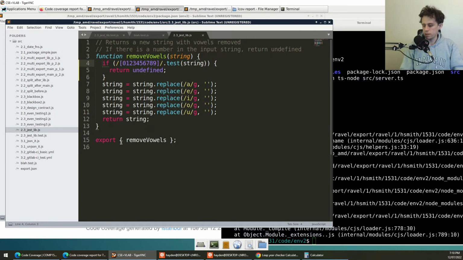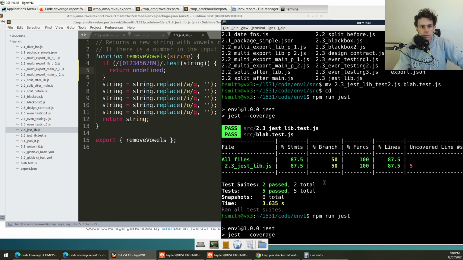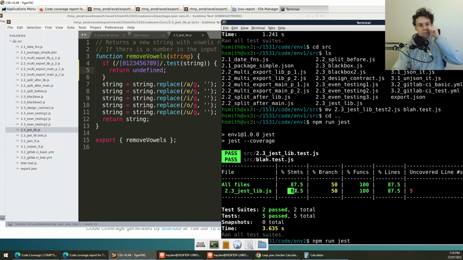And what you often find is that branches are often where things go wrong. What we mean by that is that if this line of code is passed through, the rest of the lines of code tend to be passed through. So when you look at a function like this that doesn't ever make it into the if statement, and you say something like, oh, it's 80% correct, and we saw this up here when you look at some of the older results, 87.5% correct, that's a little bit deceiving because